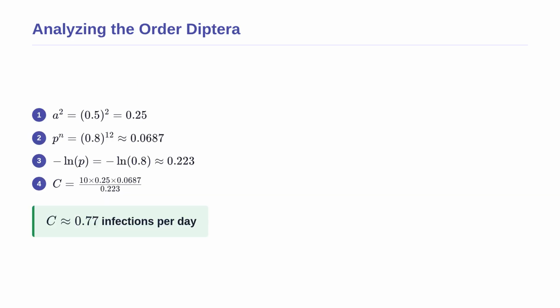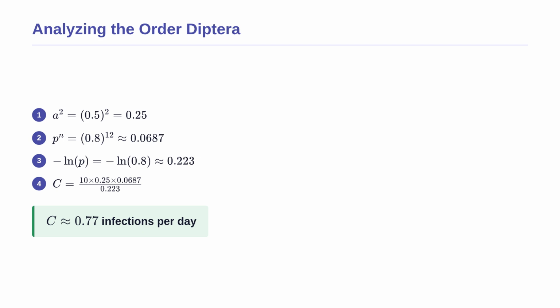Let us apply this formula to a practical example involving a malaria-carrying mosquito. We are given a mosquito density of 10 per person, a high biting rate of 0.5 bites per day, a daily survival rate of 0.8, and an incubation period of 12 days. First, we square the biting rate, giving us 0.25. Next, we calculate the probability the mosquito survives the 12-day incubation period, which is 0.8 to the power of 12,